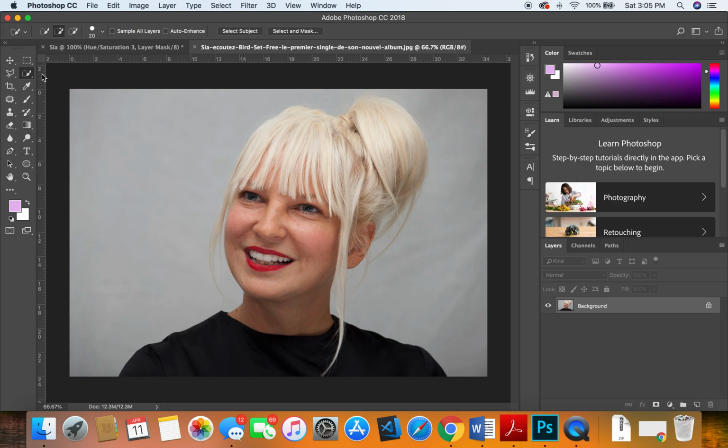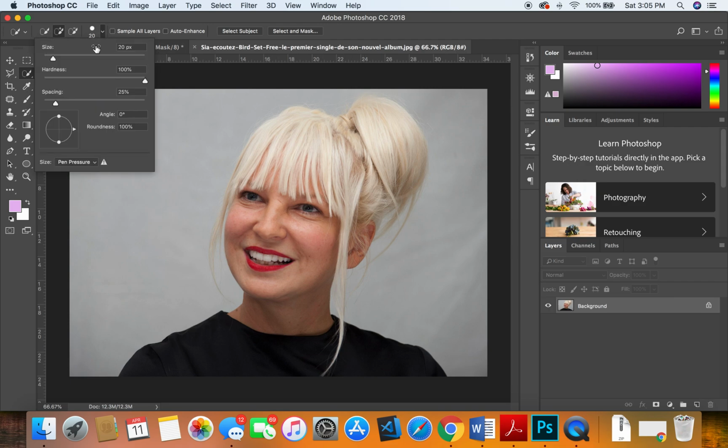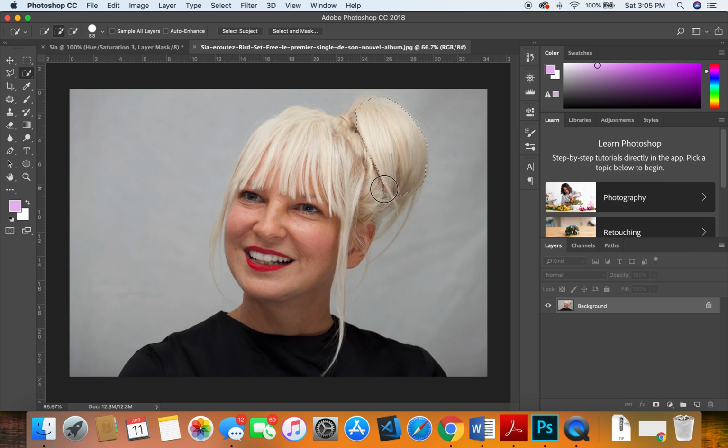It's the easiest to use. You're holding and dragging. You can go back and forth. But the main reason that your quick selection tool is the best is that it has edge detection built in. So the more you go back and forth, if I start on her hair, for instance, and it starts to pick up the background, Photoshop is picking up the color pixels that I go back and either add or delete,